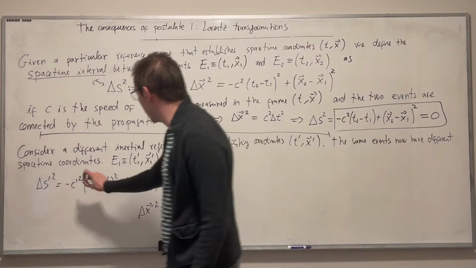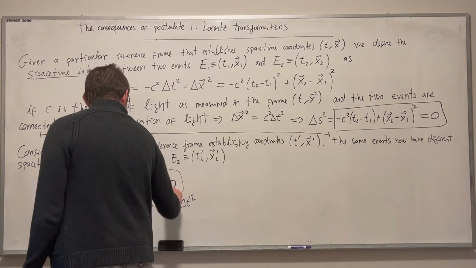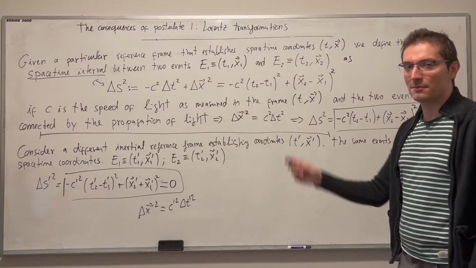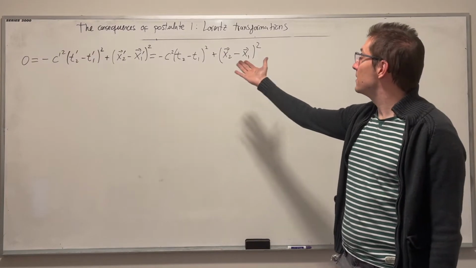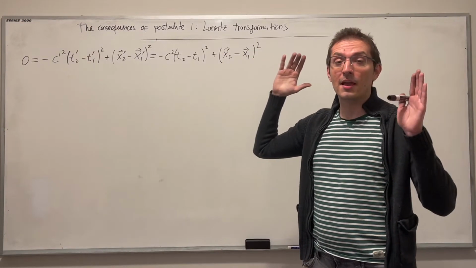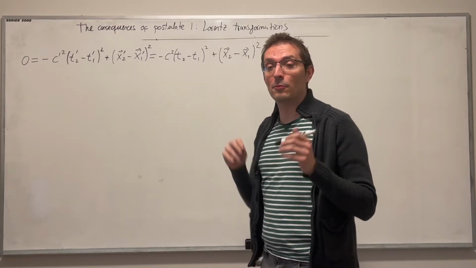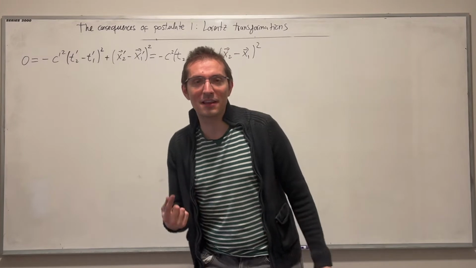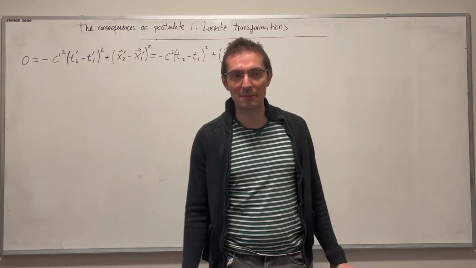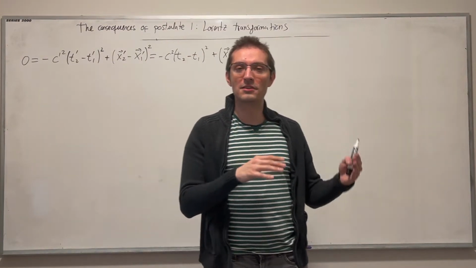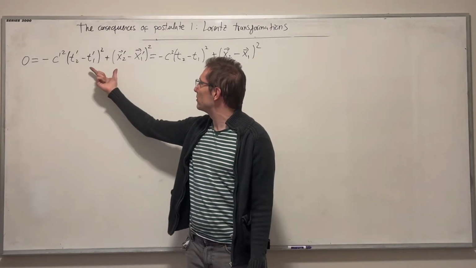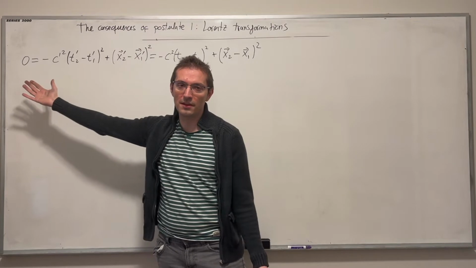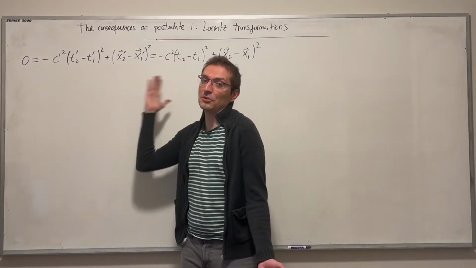Okay, so now we get this expression here, and we can combine these two expressions. Let me write them together. Remember that by computing what we define as the space-time interval between two events, in this case me jumping and the light from my jump hitting the camera, as described from two reference frames, we got independently that in both reference frames this quantity, the space-time interval, has to be 0. And of course, if they're both 0, they're equal to each other as well.